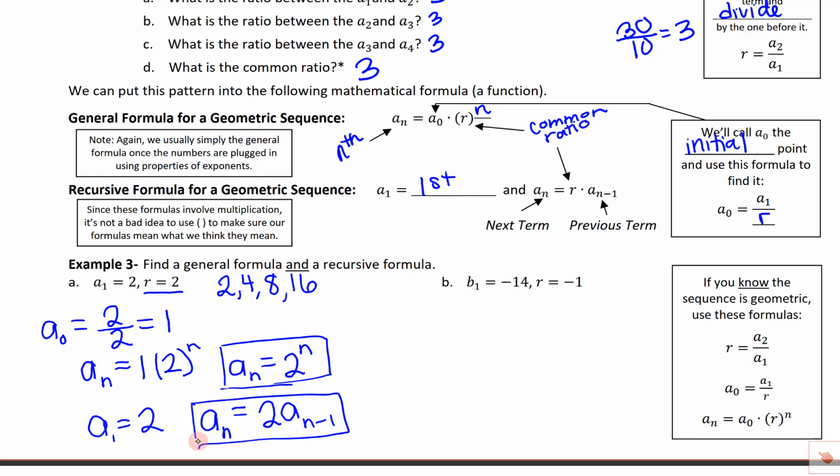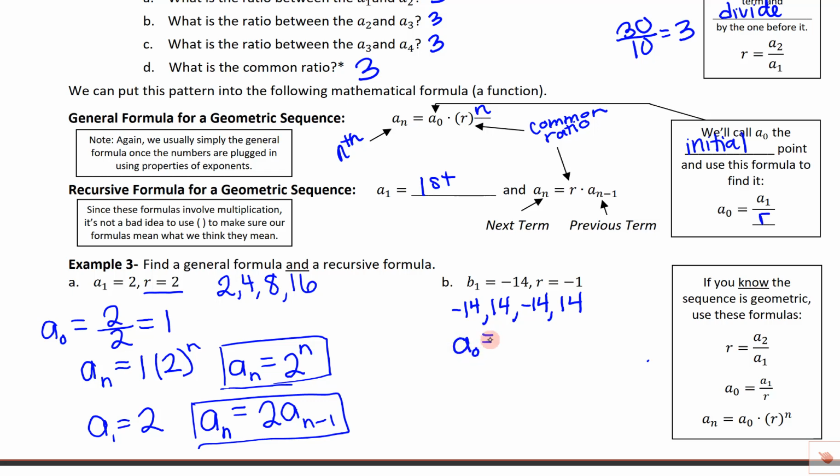Okay, let's look at this next one. So b1, our first term is negative 14, so I'm just going to write that out. And then our ratio, what we're multiplying by, is negative 1. So negative 14 times negative 1 is positive 14, times negative 1 is negative 14, times negative 1 is positive 14. So there are my first 4 terms,